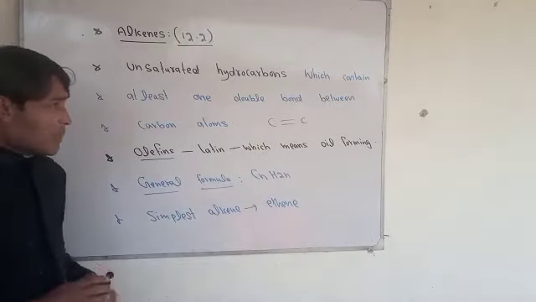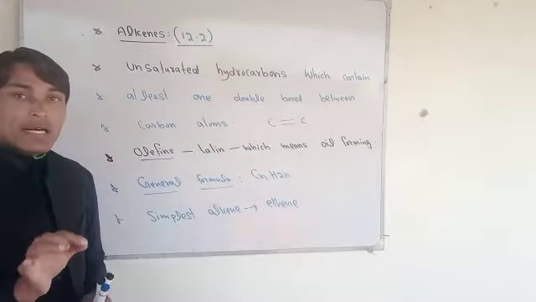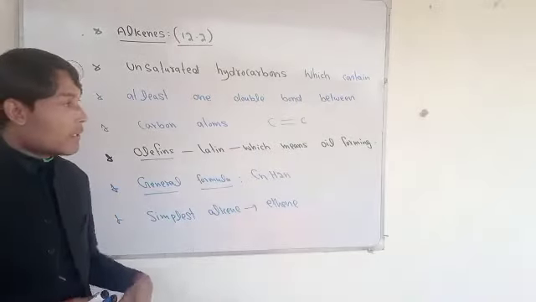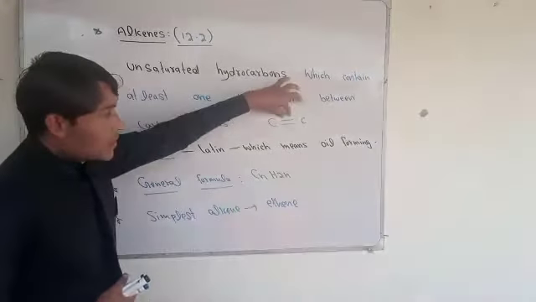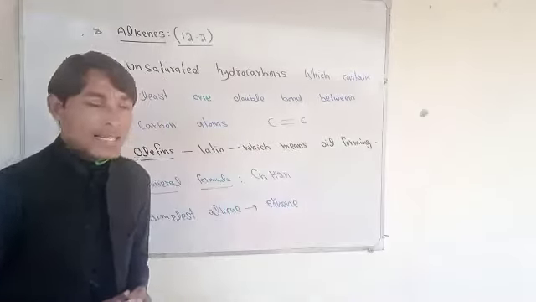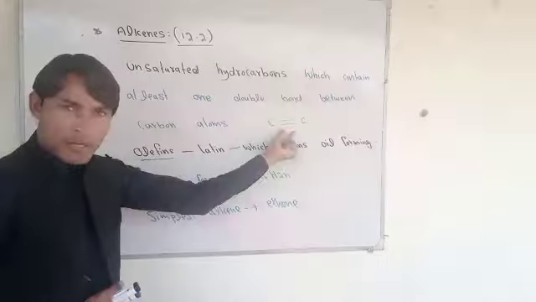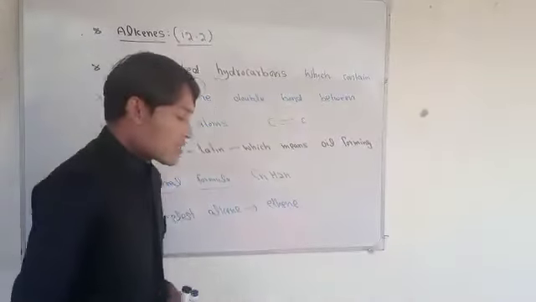And also, if we talk about alkane, alkane has a single covalent bond and alkene has a double bond. This double bond makes alkene more reactive. It simply means that alkenes are more reactive than alkanes, because alkene has a double bond while alkane has a single bond. So the next property is called